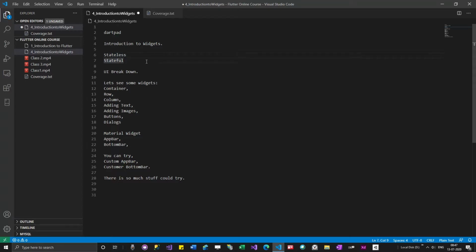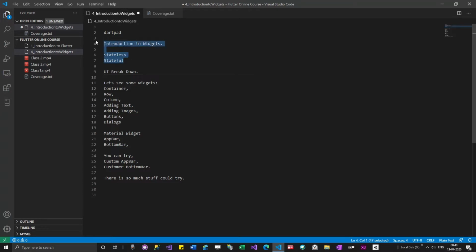A menu is a widget. A list view is a widget. A grid view is a widget. Those who are not from a programming background might not know what a list view or grid view is, but don't worry. I will be writing some programs today so that you will see what a list view and a grid view are.